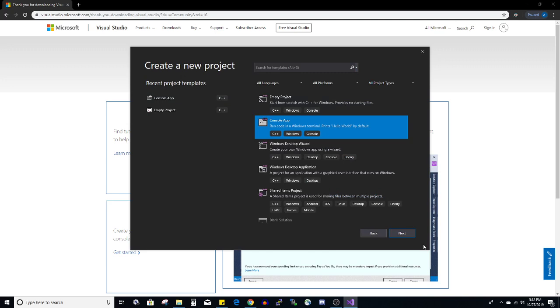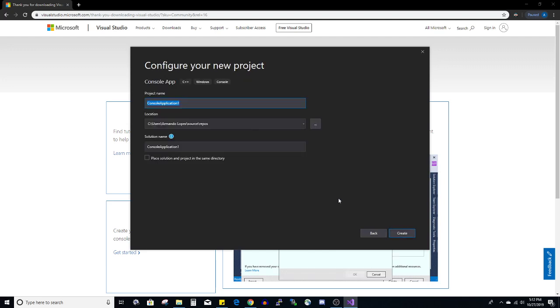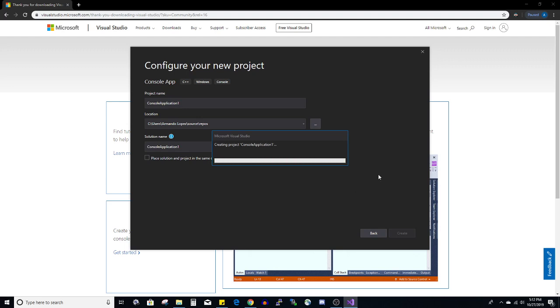Let's do console app so we can actually see it in the console. And yeah, let's just keep the same name, ConsoleApplication1. Let's hit create. And then we just wait for it to create the project along with all the necessary files for our program